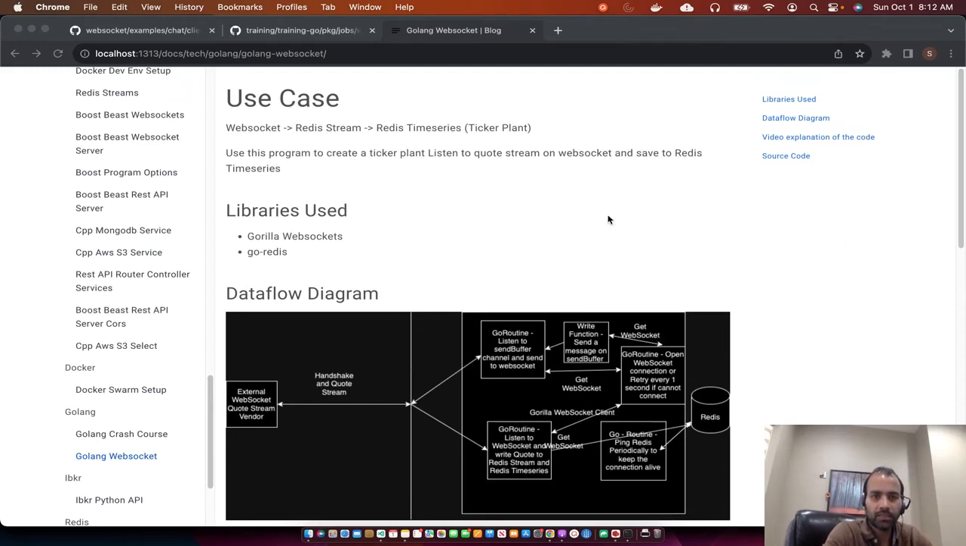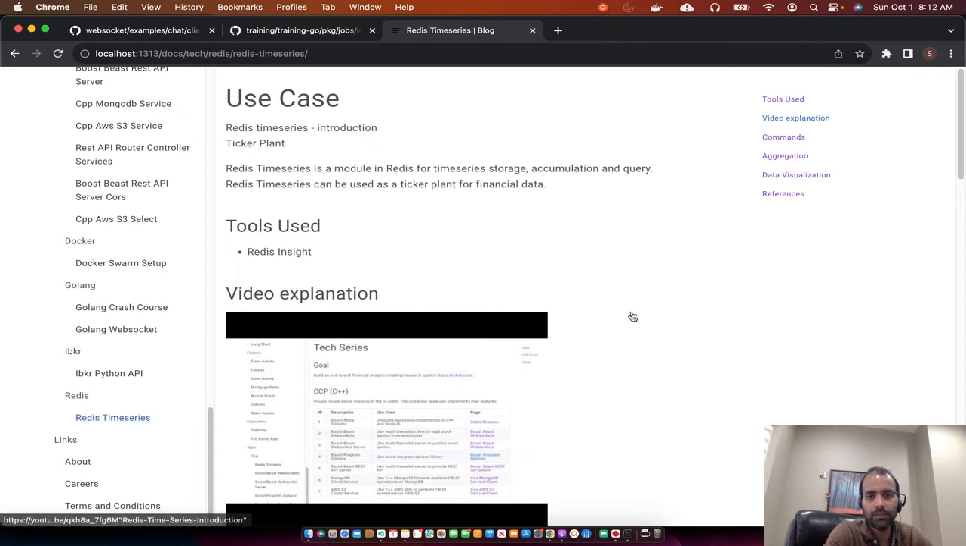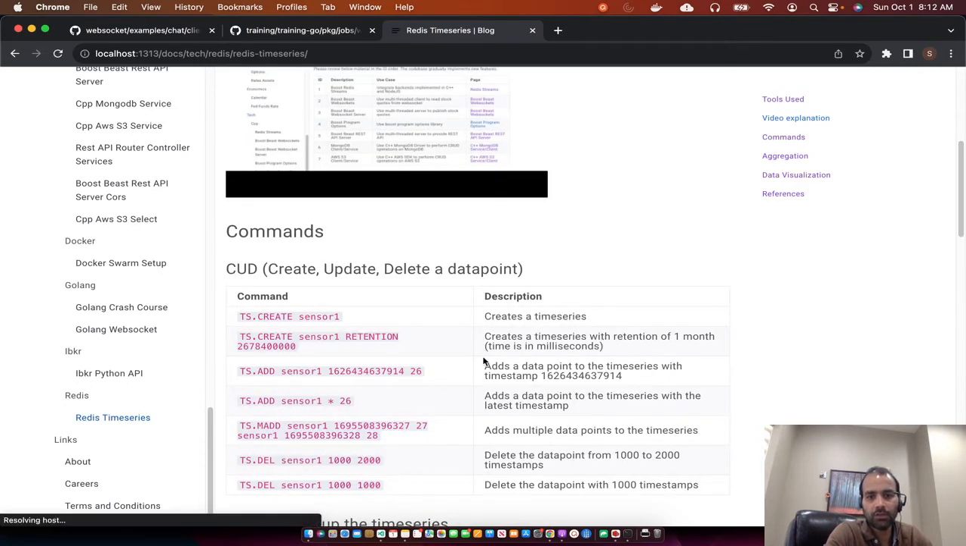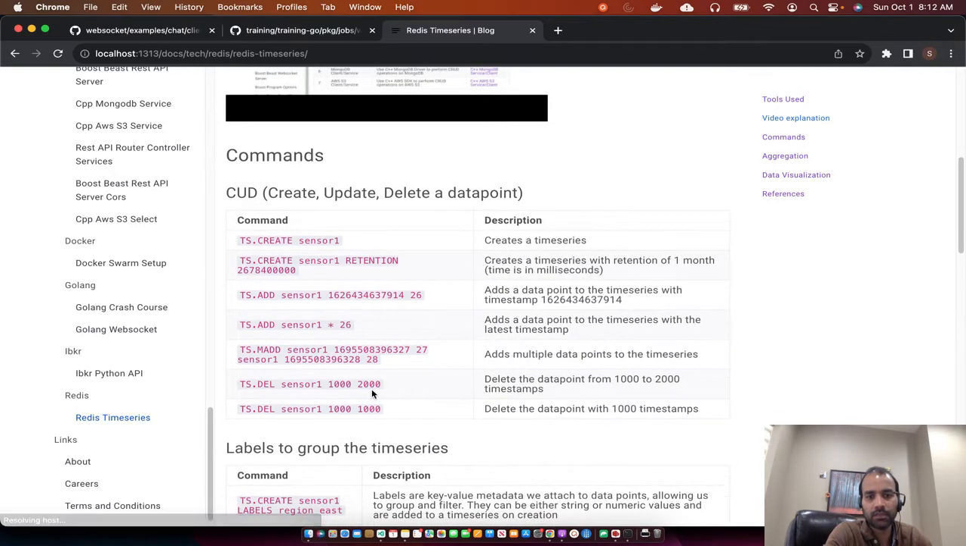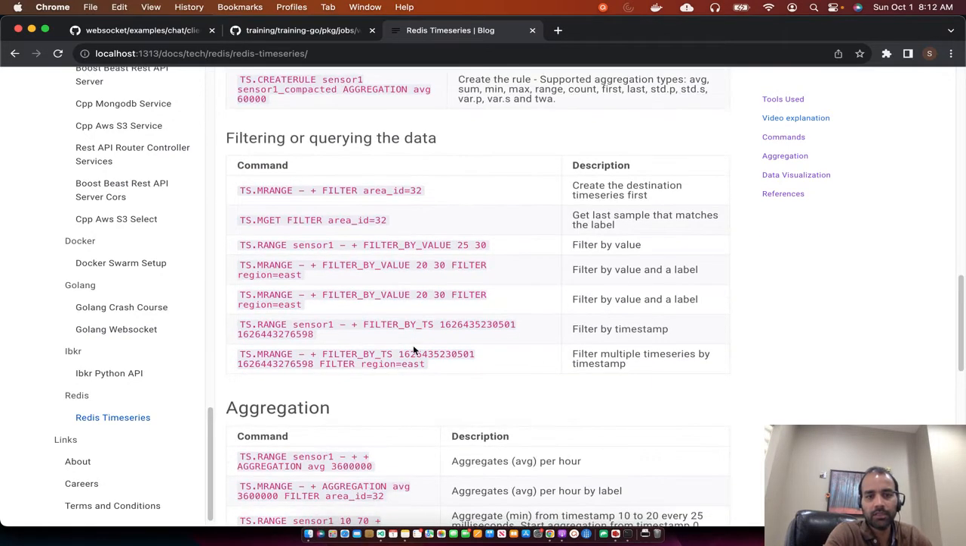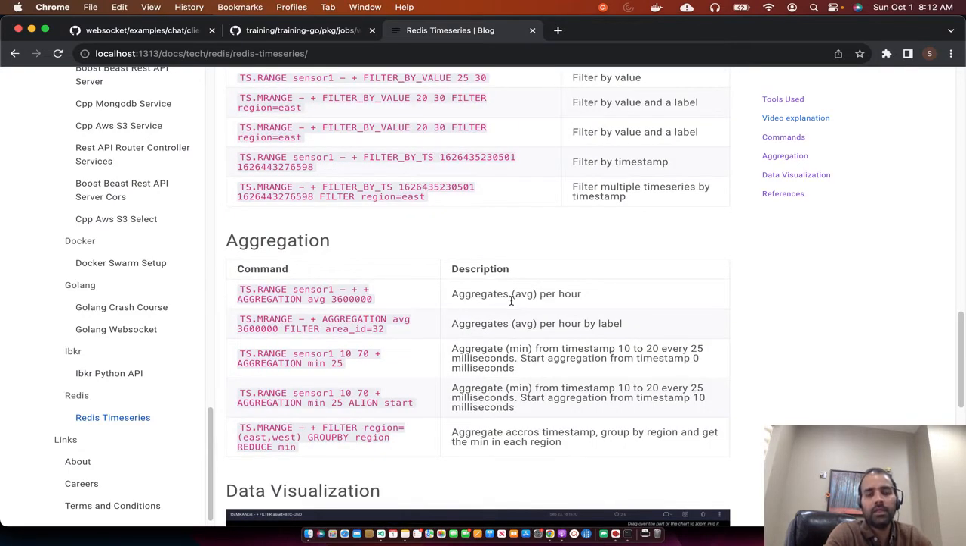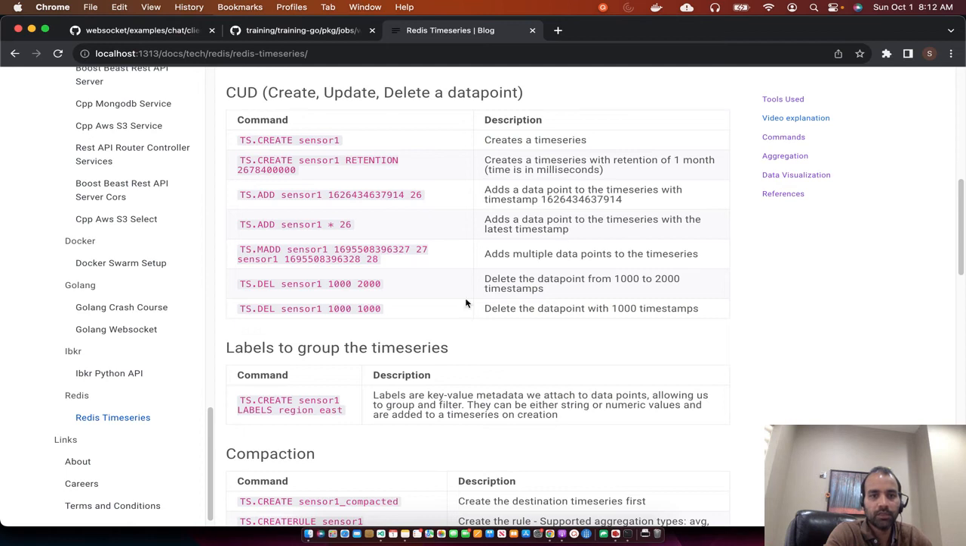In today's session, we will continue the discussion of Ticker Plant. In the previous session, we discussed Redis time series, and we went through the various commands and the aggregation commands Redis time series provides us. And at the end, we mentioned that we are going to use Redis time series to create a ticker plant